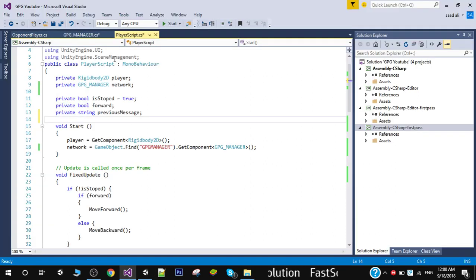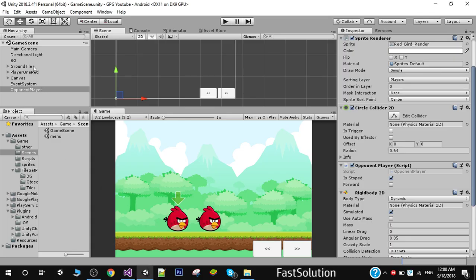So in the last video I wrote this player script and now we are going to modify it. So the first thing we need is to send the message on the network. We need a reference to our GPG manager. So in the game scene, currently you can see that we don't have the GPG manager object in our hierarchy, but we